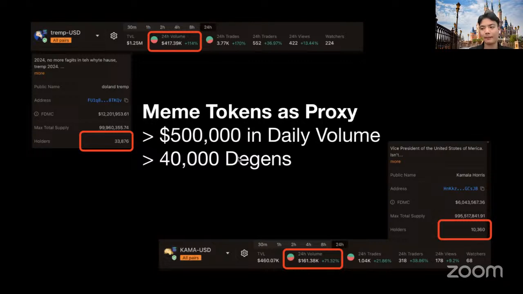And we see this speculation happening in events, with more than 500K daily volume and more than 40,000 degens holding these coins. The question that occurred to us is, when people are using it to predict outcomes and elections, why not formalize it into a prediction market on top of an AMM model? And that's what PancakeSwap V4 comes in for.